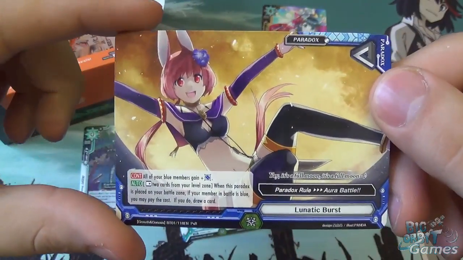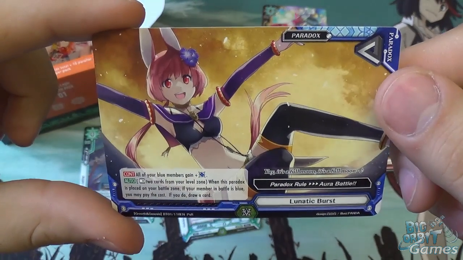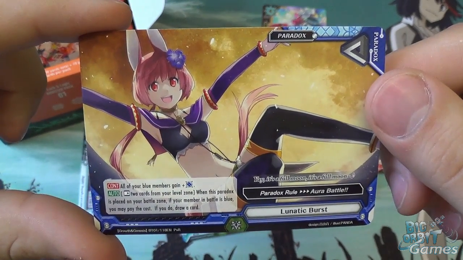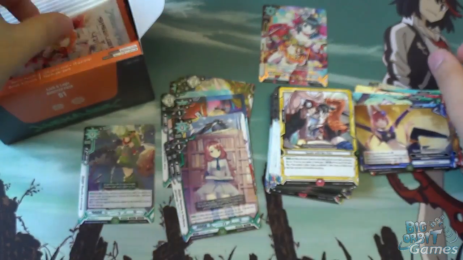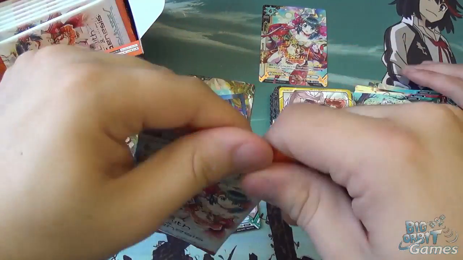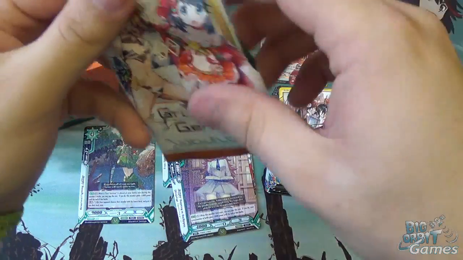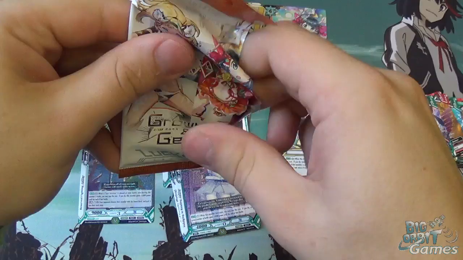And then we have Lunatic Burst. Okay. I like that artwork, that's really cool. Yay, it's a full moon. I like the artwork, it's just the name. Lunatic Burst. She doesn't look very crazy. She looks kind of like,